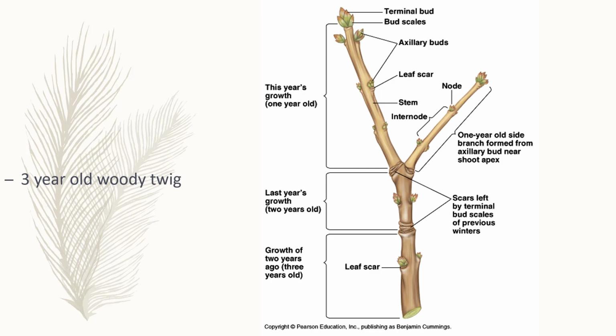So those bud scale scars are your indicator of each year's growth. So on top we've got the most recent year. We've got our terminal bud up there with the bud scales. At the base is the bud scale scar from last year, and then below that you've got 2 years old and 3 years old. And the thing to think about is sometimes, depending on what our climate is doing, if we're having a lot of rain, these stems might be longer. They may be shorter in drier seasons.